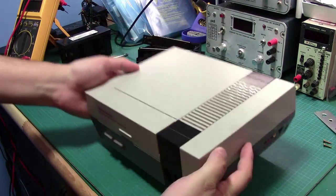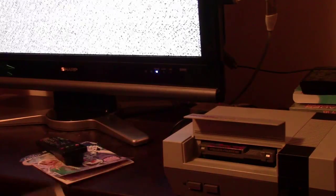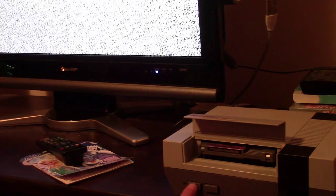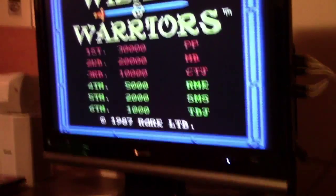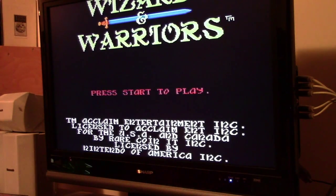And there we have it. Alright, let's see if this worked. Ha! Haha! That's the first time that this has worked on this particular NES,